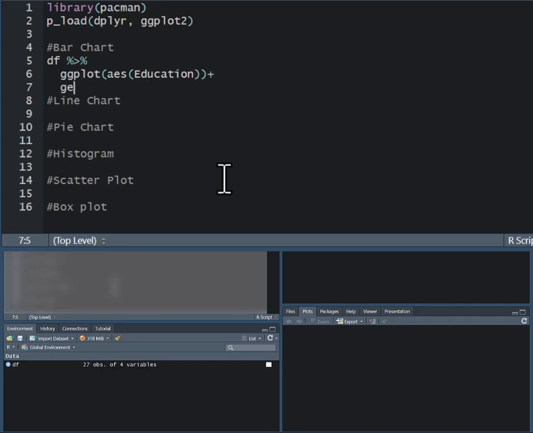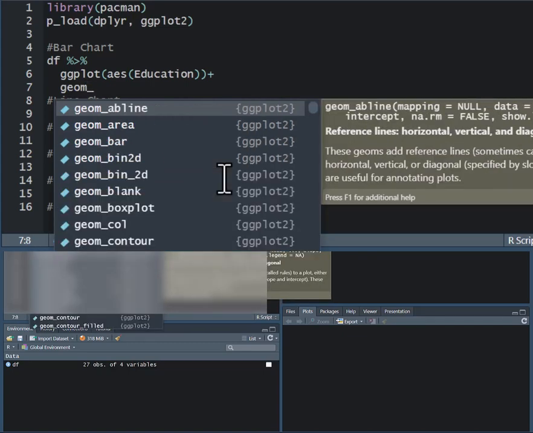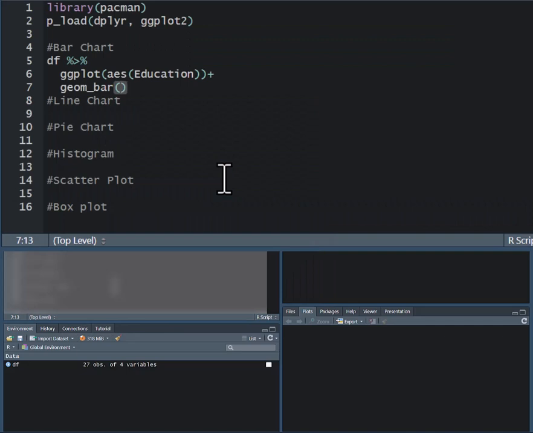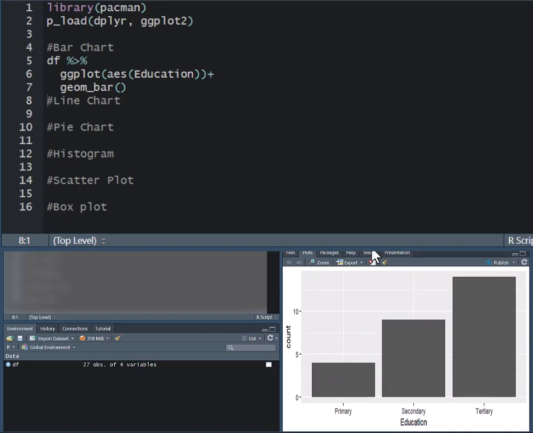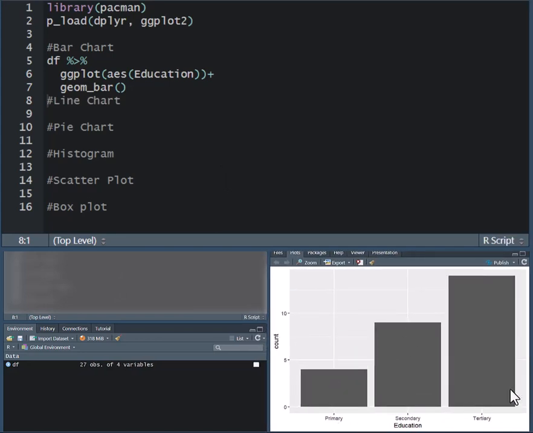So the geometrics shall be bar. I'll use a bar chart, and so when you run that command and then check here, you can see that I have primary, secondary, and tertiary